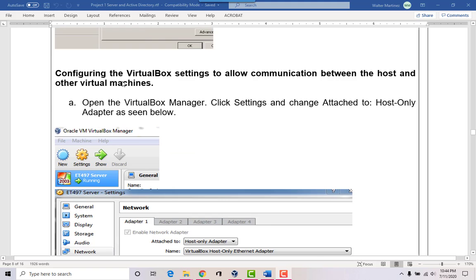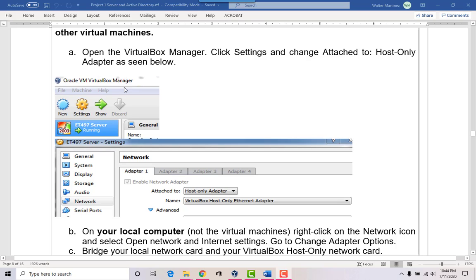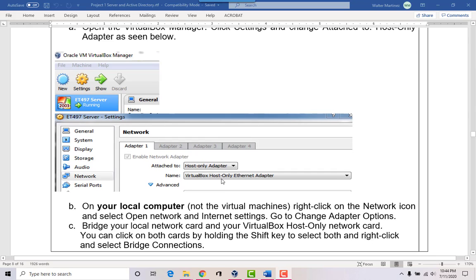So on the instructions here, we have to open the VirtualBox manager, click on settings and then go to network, and we want to select attach to host only adapter and VirtualBox host only Ethernet adapter.